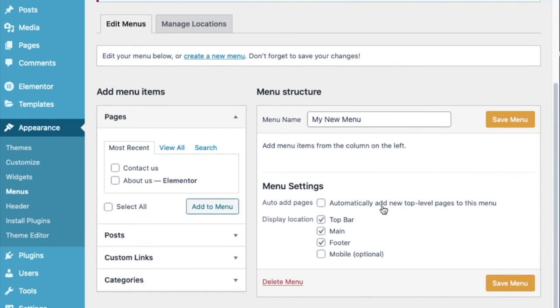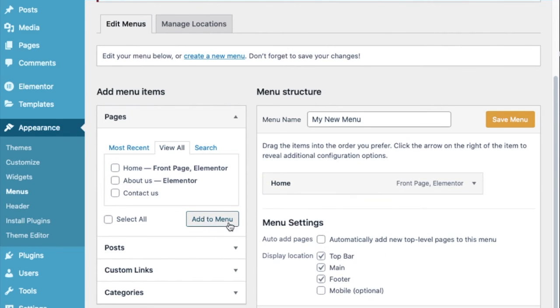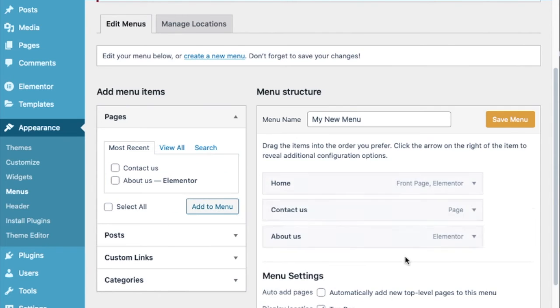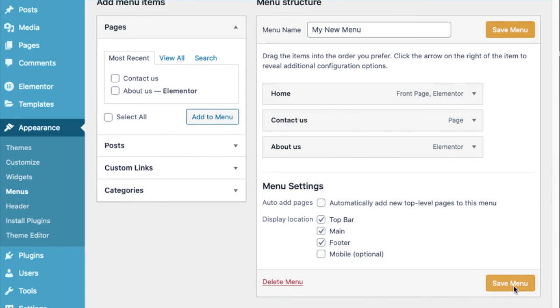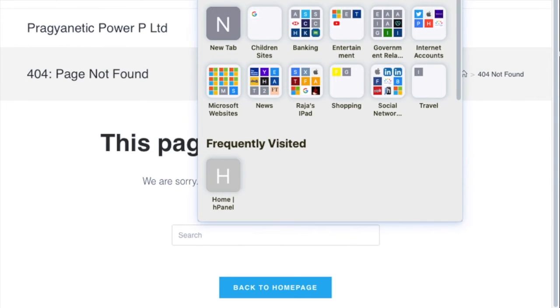Let's just wait for it. I'll add about us, contact us, and my home to the menu now. Save menu. Okay, let us just try to load it now again.